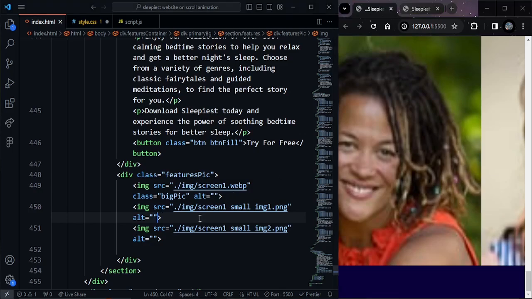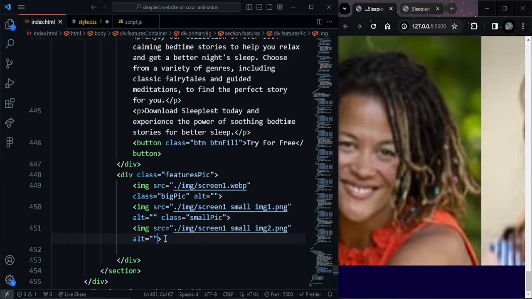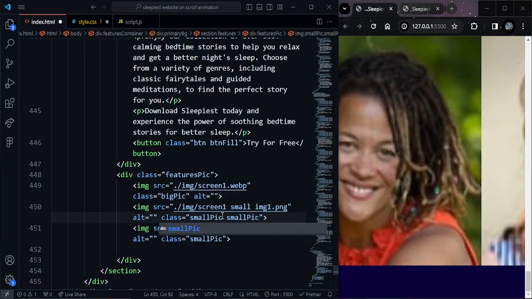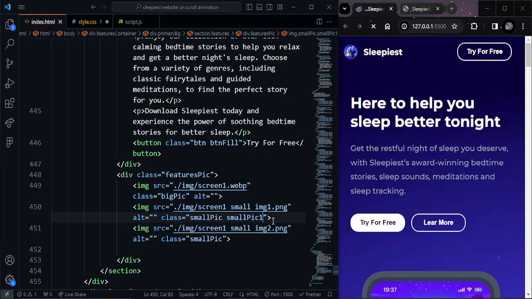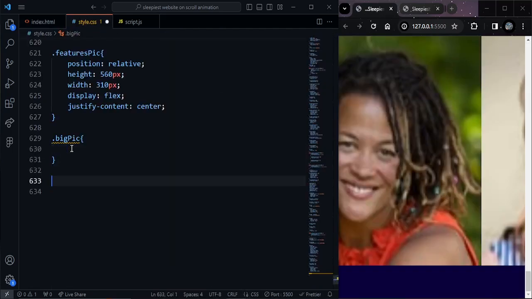Again, I should give some class name for this small picture. Let's say small pic, and copy it, paste for the second small picture, and again further element small pic 1 to target those small images specifically, and let me say it small pic 2. All right, for now let me hide it,